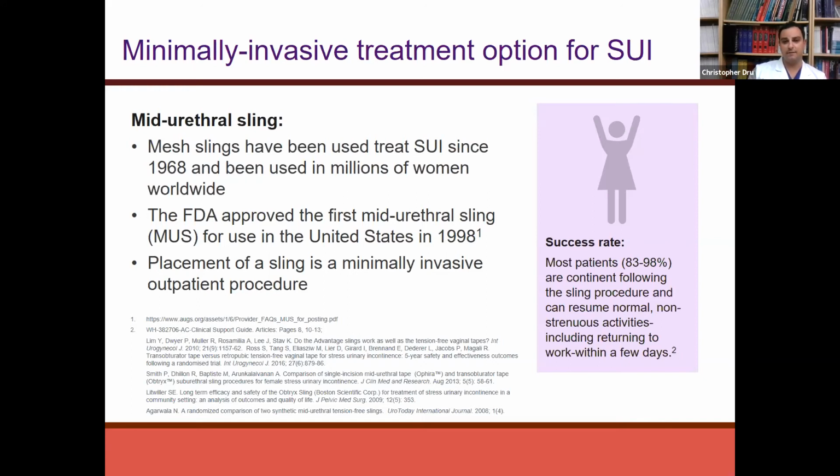So in terms of the procedure, the real benefit of the sling procedure is the durability. We quote people typically a 90-95% success rate. Over time, over a decade or so, if the urethra atrophies a lot, the mesh may not be as solid. We can always put a second piece in, but people are very, very pleased with the urethral mesh with the